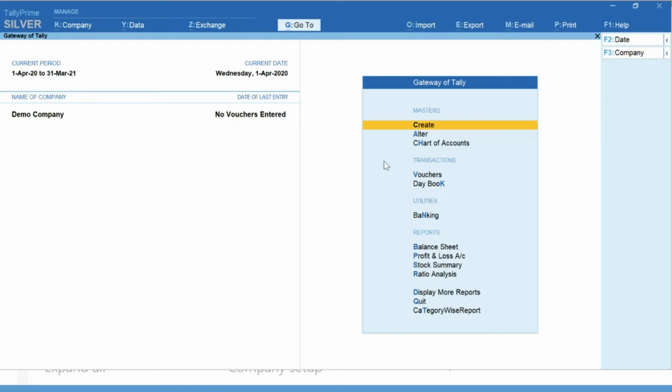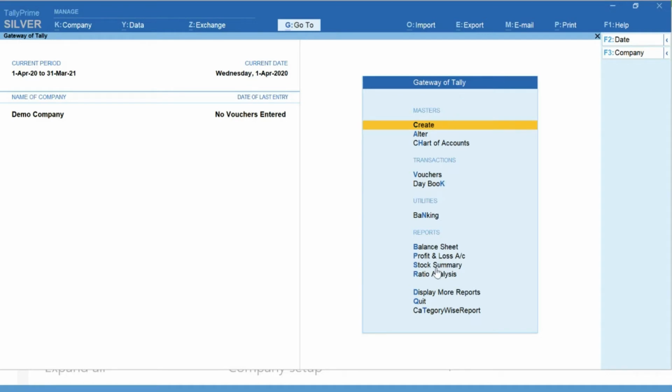Sir, I would like to create budgets. So how can I create budget? That option is not there in the F11 given. So now if you just think of a new user, in earlier days, if somebody wanted to create the budget, he was searching here and there, where do I have to create budget. Unless somebody told him, boss, you have to go to F11 first and enable budgets, then only you will get a budget option on the Gateway of Tally.